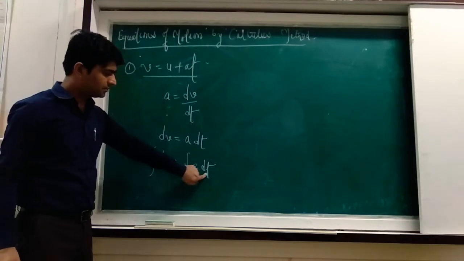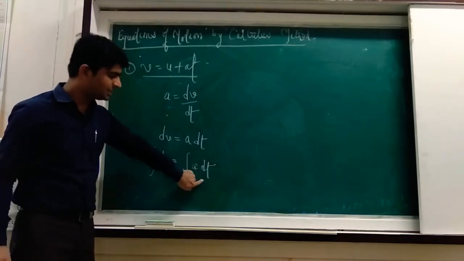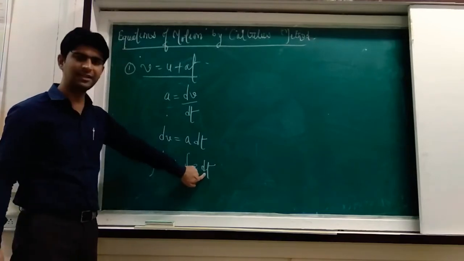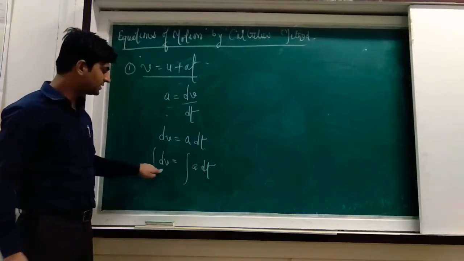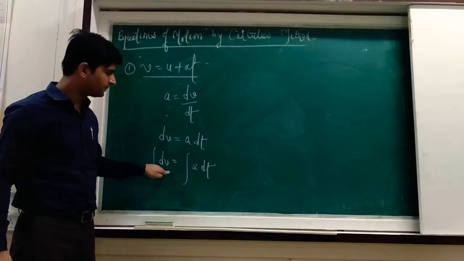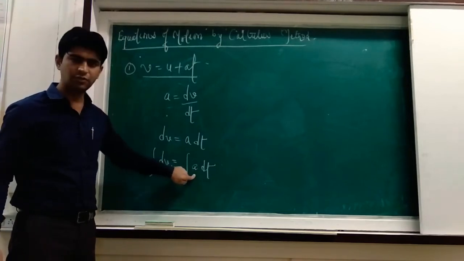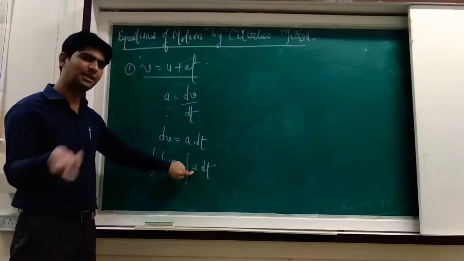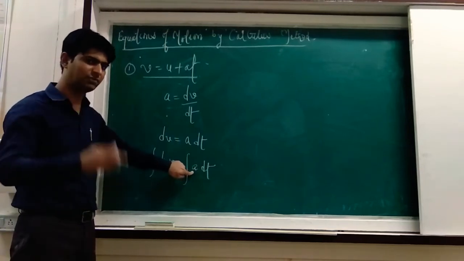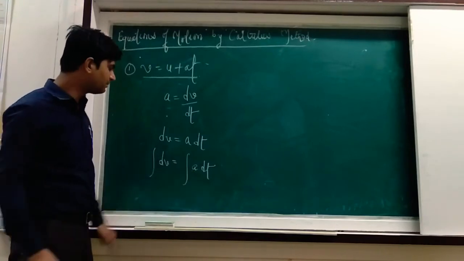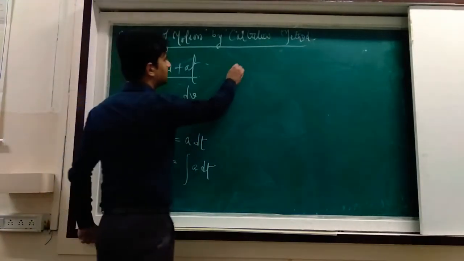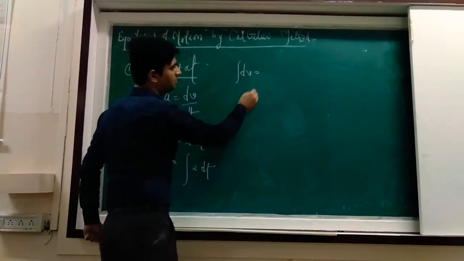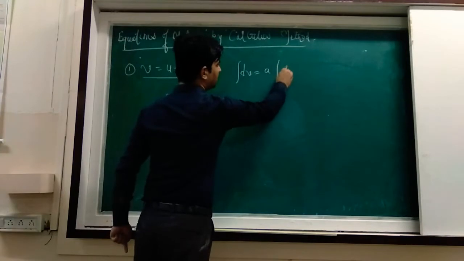Now here the time is changing; dt indicates the change in the parameter. If it is written dt, that means the change in time. If it is written dV, that is the change in velocity. Here there is no parameter of t, there is no function of t, so this A will be treated as a constant, which is constant from the beginning itself. I told you that acceleration will be constant throughout the derivation, so it can be written as integration dV is equal to A times integration of dt.